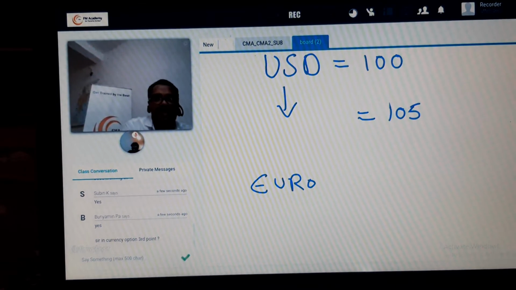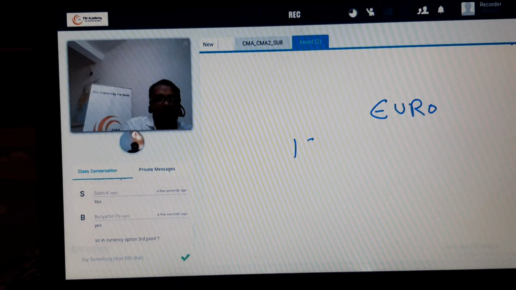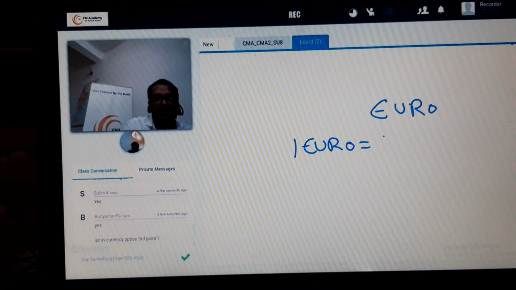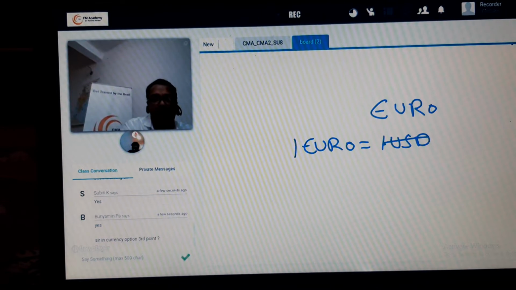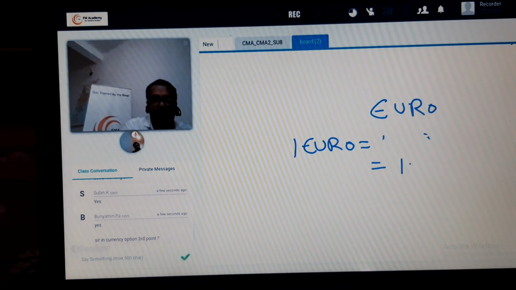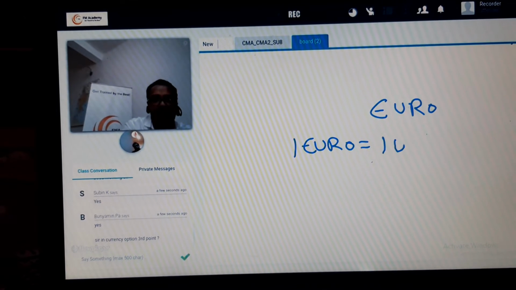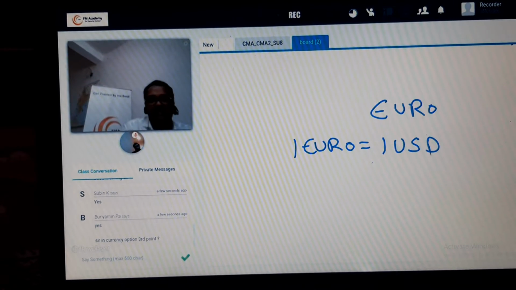Imagine the exchange rate is €1 equals $100. Sorry. No, okay, let's say, put it that way, €1 equals $1 US, 1 to 1. So that is easy for you. You can think correctly. 1 to 1 basis.